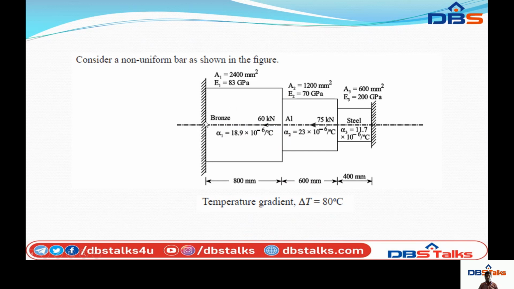For every element there are two nodes here. For element 1, the nodes are 1, 2. For element 2, nodes are 2, 3. For element 3, nodes are 3, 4. And the areas for element 1 are A1, E1; element 2, A2, E2; and A3, E3. Areas are the A1, A2, A3 values, in millimeter squared. Coming to Young's modulus, E1, E2, E3, those are in gigapascals. We want to convert them into 83 into 10 power 5 Newton per millimeter squared.